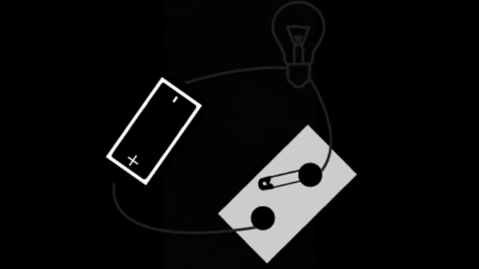Now make a circuit by connecting wires to an electric cell and a bulb with this switch, as shown in the figure. Rotate the free end of the safety pin so that it touches the other drawing pin. What do you see? Now remove the safety pin. Why does the bulb not continue to glow?